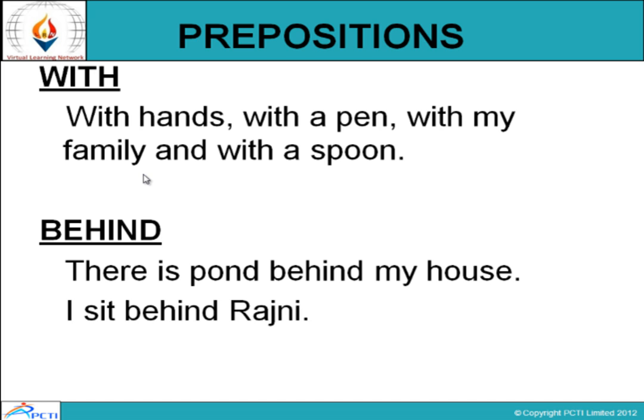Whenever we use something to perform an action, and to indicate that thing that was used for performing the action, we use with. Some people use by, from, but that is wrong. Whenever we mention a tool, we have to use with, like with hands, with a pen, with my family and with a spoon. With my family is different from the rest, because with my family is along with my family, with the family